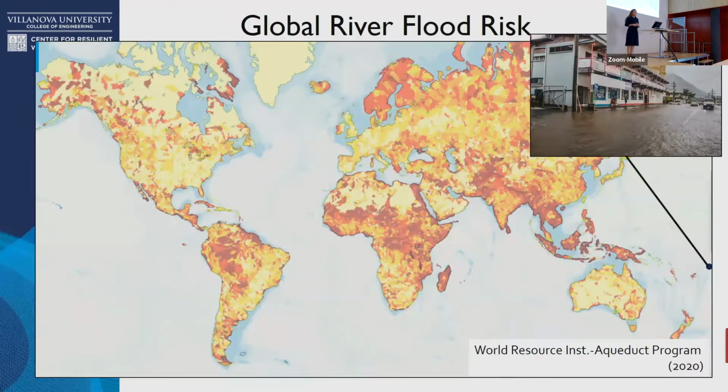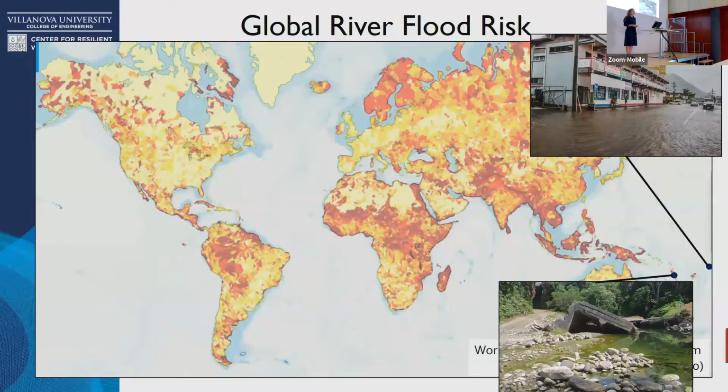I started my engineering career in Samoa, and this is an example of a flood that I experienced when I was there. It shut down the entire town, the entire capital, but also the entire country. I was stuck in my town for several weeks because we couldn't get through the roads. And while this was a challenging few weeks, the impacts of this flood went on for years and impacted crops and things for quite a while.